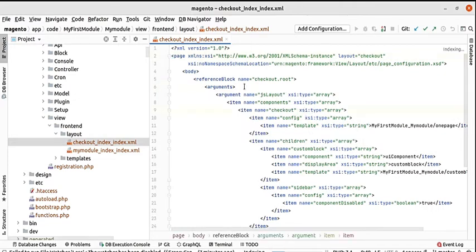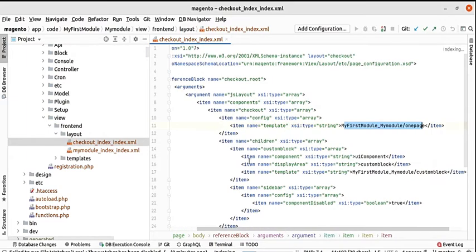Here we are going to use checkout.root as our reference block. Then inside the jsLayout component checkout under config, we have to set our new template name, which is my first module, my module, one page.